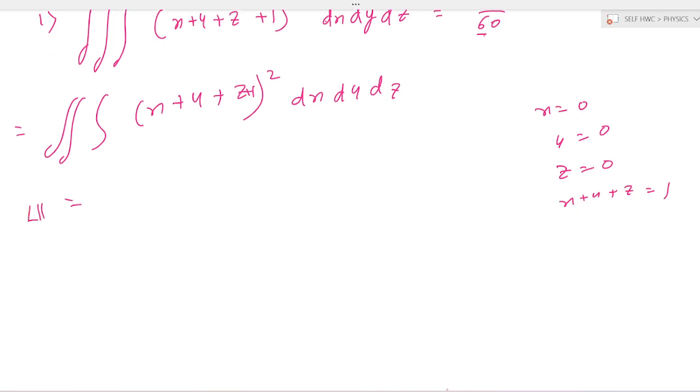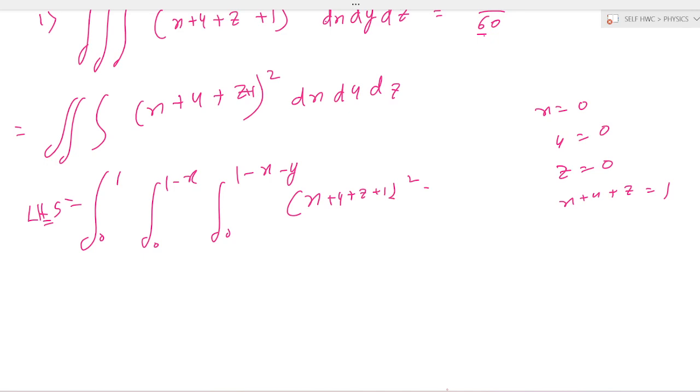Next, the left hand side: integration of 0 to 1, 0 to 1 minus x, and 0 to 1 minus x minus y, of 1 over (x plus y plus z plus 1) squared dz dy